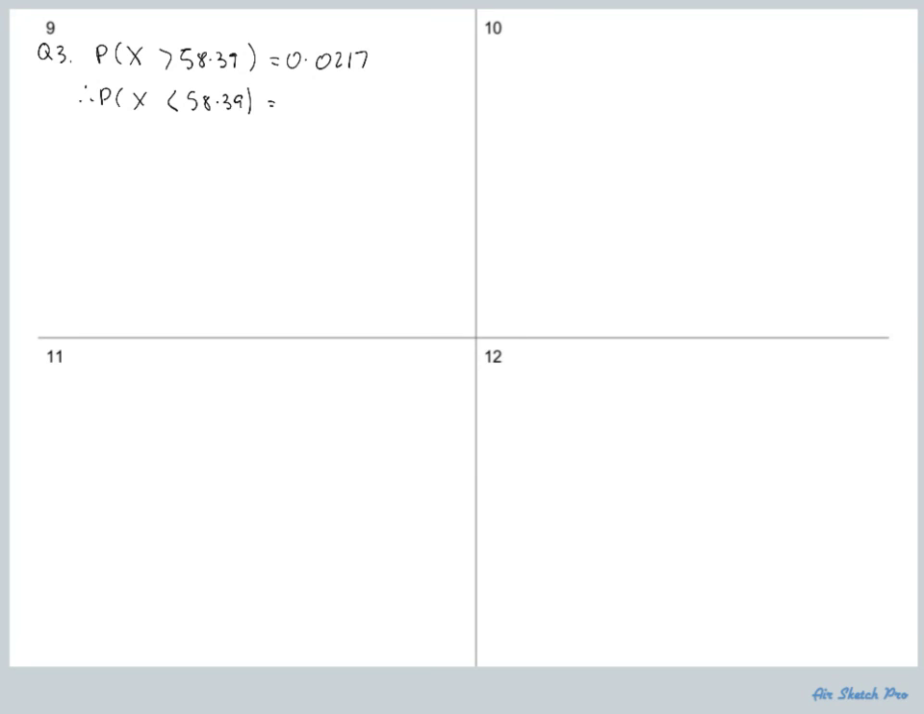It's a bit rude. 0.9783. So 0.9783. Then I would work out the standardized normal distribution, and then calculate as usual. So I'll do it with that one. And when we do that, we get 58.39 minus an unknown mean over an unknown standard deviation equaling 2.01984. Similarly, I would take probability of X less than